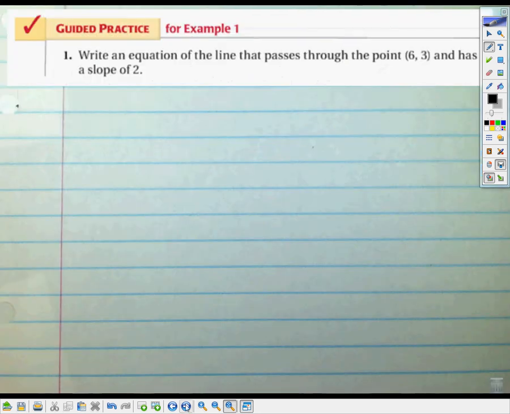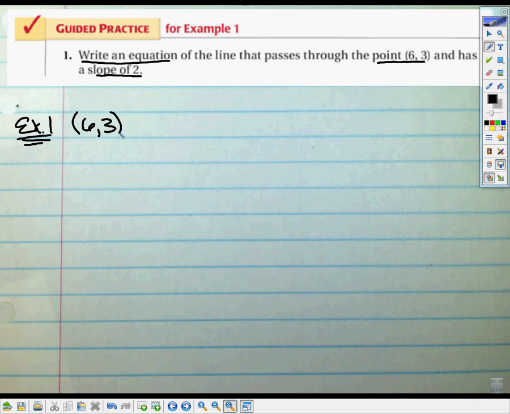Also in your book are guided practice problems, and these are after the examples. You could look back at the examples if you need some more help. But for example 1 in our notes, let's just do what they ask us to here. It says, write an equation of the line that passes through the point 6, 3 and has a slope of 2. So we're going to go through the point 6, 3, and we're going to have the slope of 2,